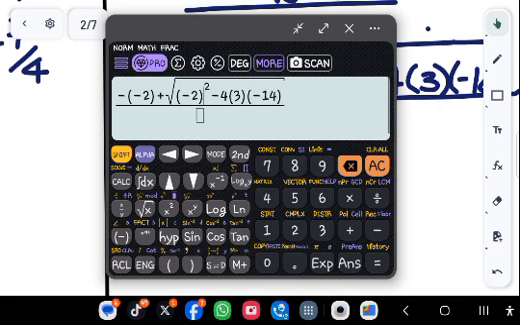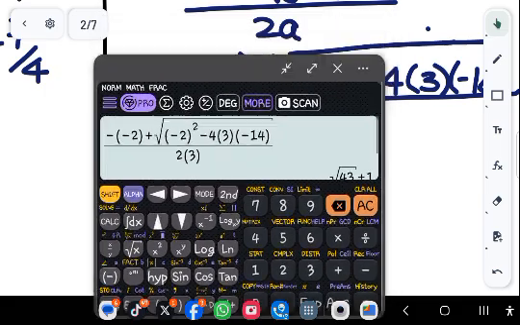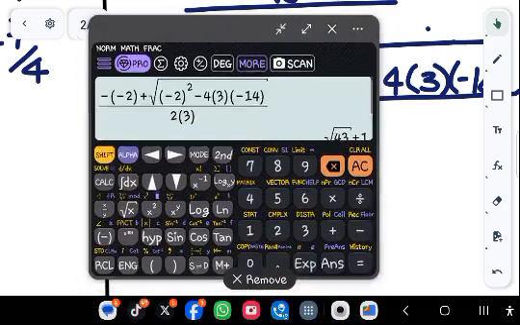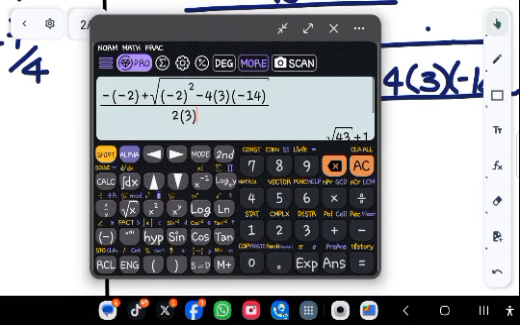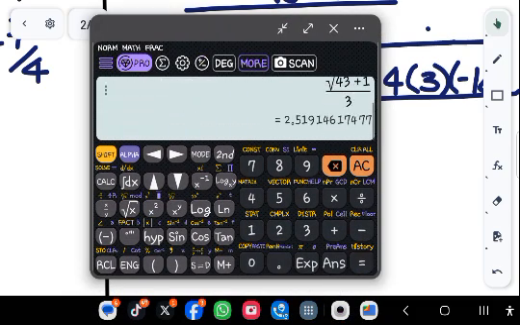All right, all over 2, open bracket, 3, close bracket. And that is the correct way to substitute that. So you go equals to, and that will give you